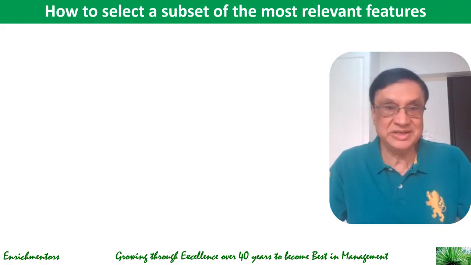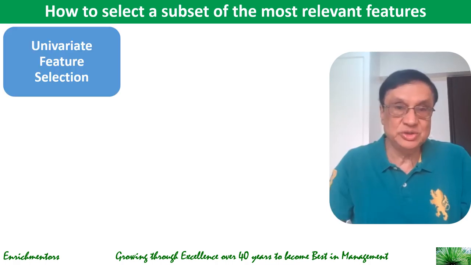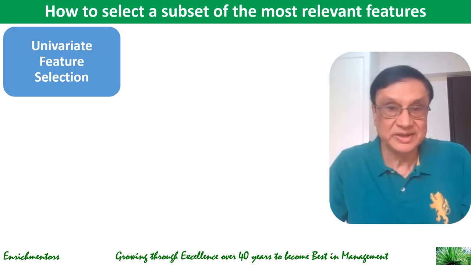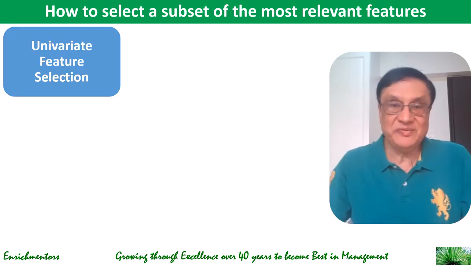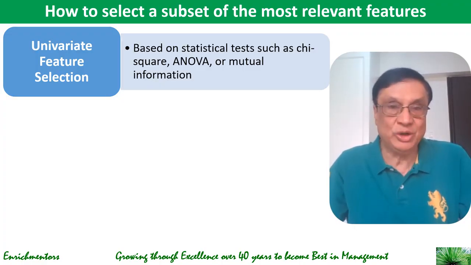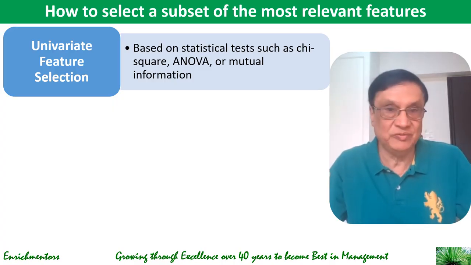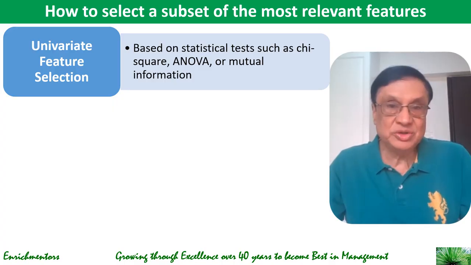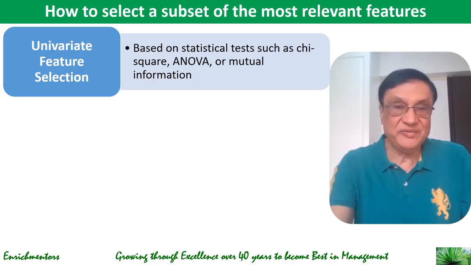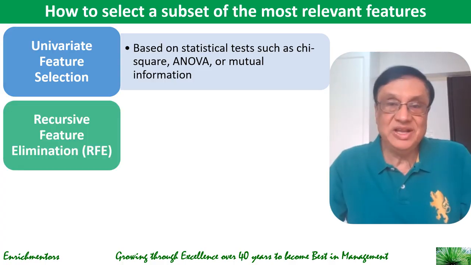Now, what are the techniques that you can use? The first set of techniques is called univariate feature selection, in which you select features based on statistical tests such as chi-square, ANOVA, and mutual information. And what these are, we will talk about as we go forward. Second, what you can do is called RFE, recursive feature elimination, in which you iteratively remove the